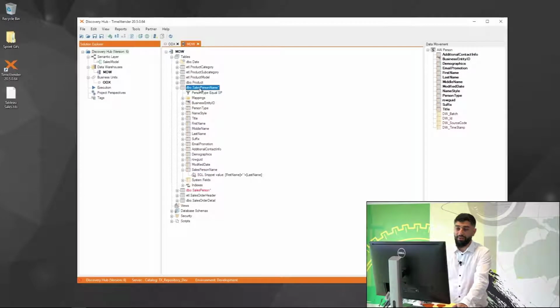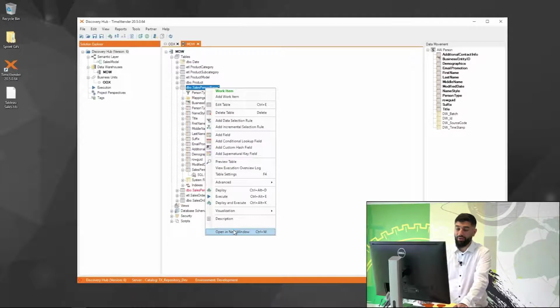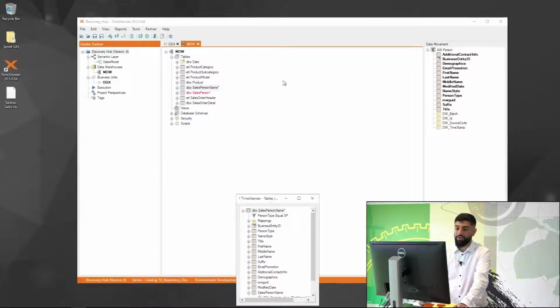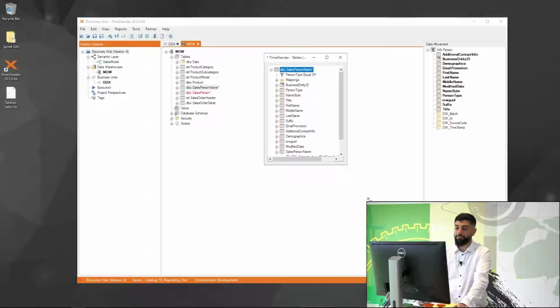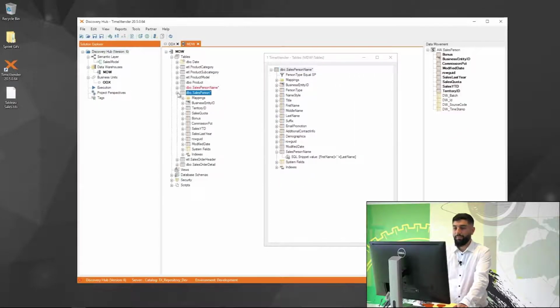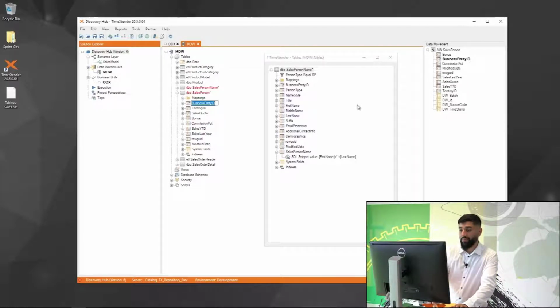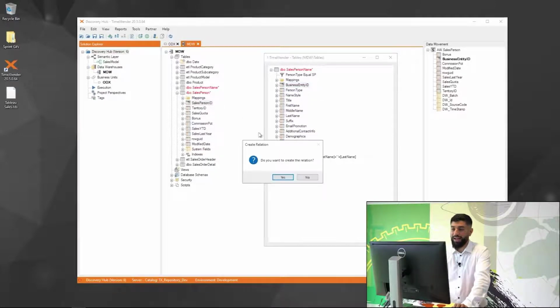I will open this table in a new window since we'll create a lookup in a minute. You can either right-click and go to open window, or you can use the shortcut stated below, Control W. And here we wanted to do two things. We wanted to change the name of business entity ID, F2 to rename it. Otherwise, you can right-click and go to edit. We want to name this one salesperson ID, and then we can relate the two tables, allowing us to create